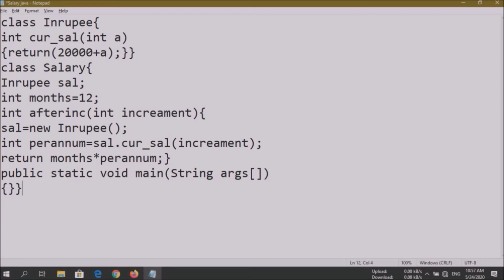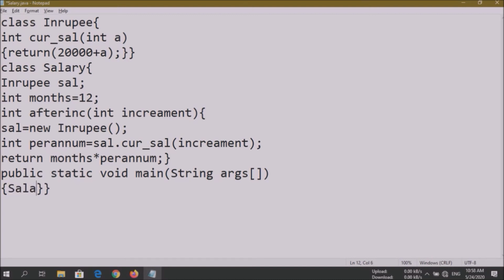Alright, now to send the value of a with the help of increment from the static method main, we have to create an object, because every time we have to call an instance value out of the static method, we have to create an object. While calling a static method or variable outside the static method, we don't need to do like that.